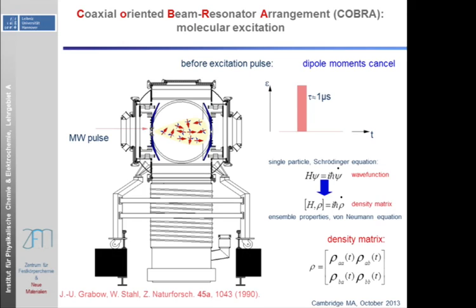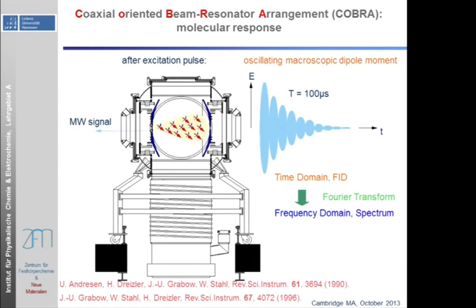And this is what the density matrix looks like. The diagonal terms are the population terms. The off-diagonal terms are the coherence terms. Basically this gives the population of level A and level B in the beginning. Before we have coherence, these off-diagonal elements are zero, and after you apply the microwave pulse and create coherence, as we see in the next slide, these become non-zero. As a result, these molecules now rotate in this fashion.